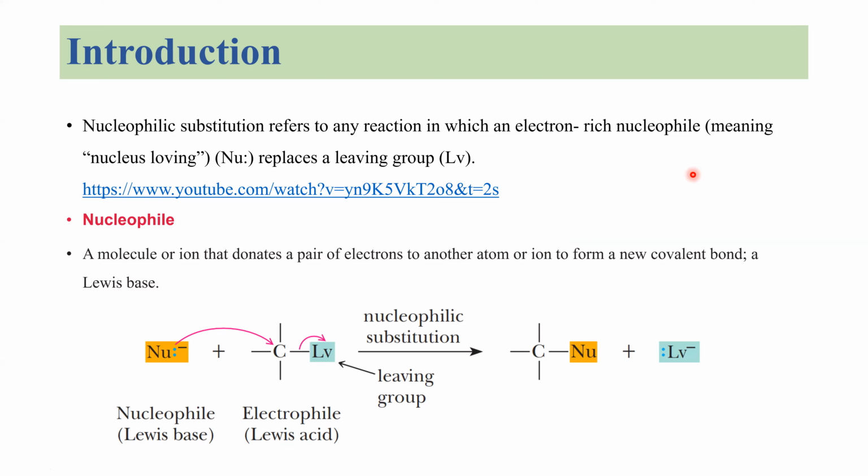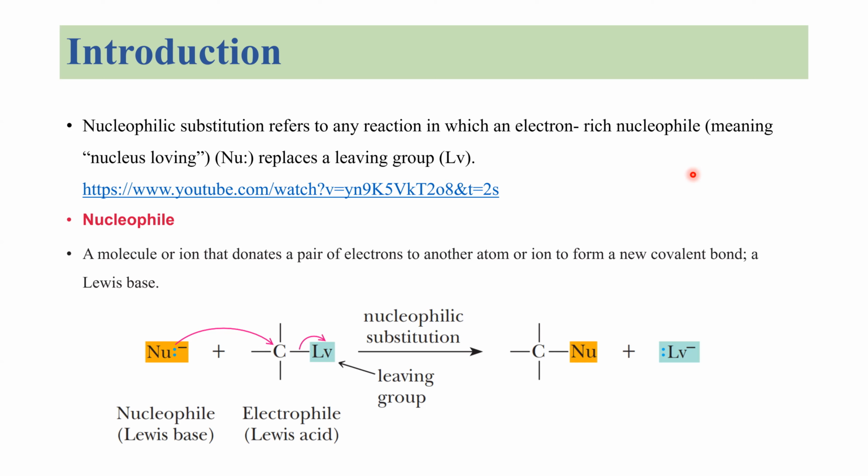From the definition, a nucleophilic substitution reaction is when a leaving group leaves the starting material by the attack of a nucleophile, which is electron rich. It is from the Greek word, nucleophile meaning nucleus loving,